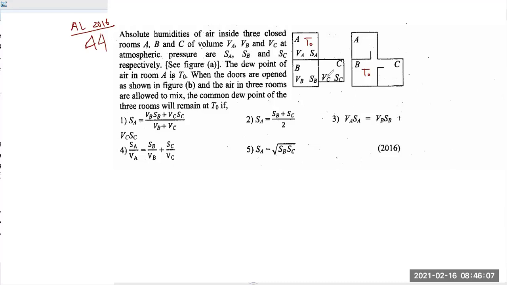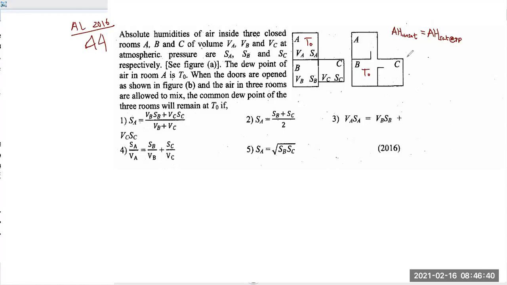If the dew point is same, can someone tell me what does it mean? What can we say then, about relative humidity? We can say the absolute humidity of unsaturated vapor at room temperature is equal to the absolute humidity of saturated vapor at dew point. I hope you guys can understand this.